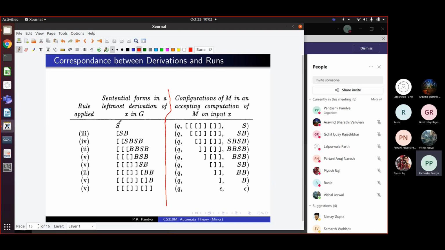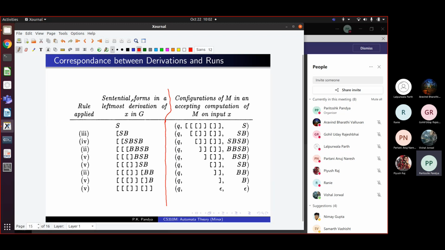Given the grammar, what can I do? I can start with the start symbol and I can start rewriting, using the rules of the grammar. And what I get is, whenever I rewrite one of the non-terminals by the right hand side of its rule, I will get a sentential form. So I will get different sentential forms till at the end I get the string that I desire, a string that is generated in the grammar. So here is a derivation in the grammar.